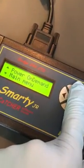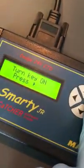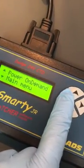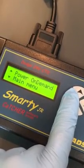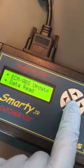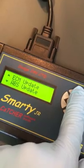So now we went back, power on demand. It says turn key on. Power 99. So you can bring it down, but I like to leave it on 99. Okay, 99. Alrighty, so now we go to main menu, ECM,